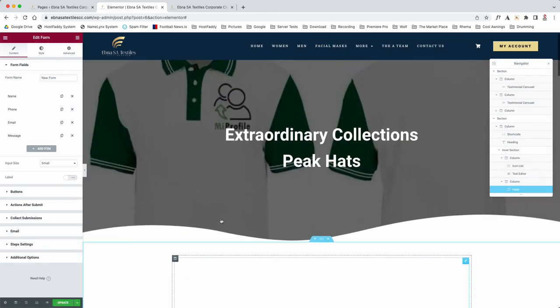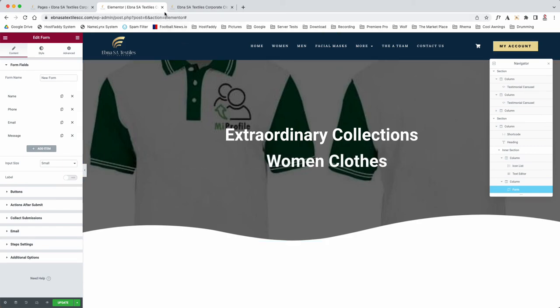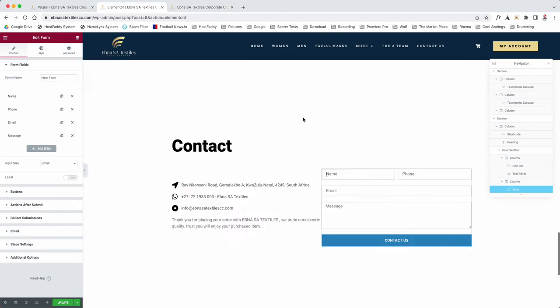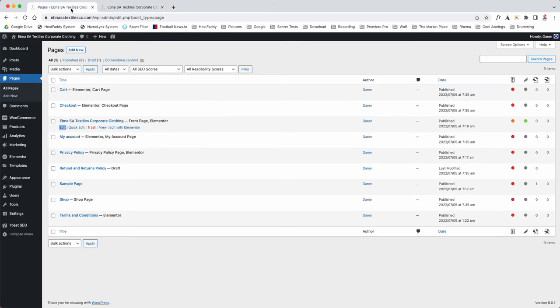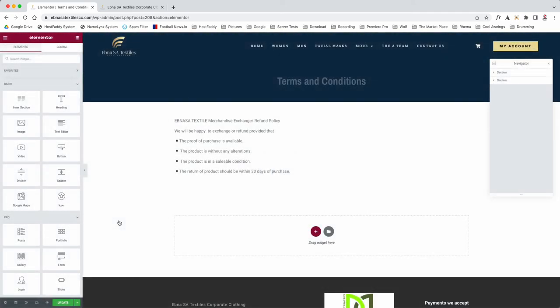Now, the beauty of Elementor is that every time you edit a page, regardless what the page is. So let's just close this. We won't worry about it. We're going to leave. We don't need to change the settings. Save the settings. So let's edit the terms and conditions with Elementor. And again, I've made one of my mistakes is that I've clicked, instead of right clicking to open a tab, I've just simply clicked on it. As you can see, it's taken you away from the back end. So now terms and conditions, look here,